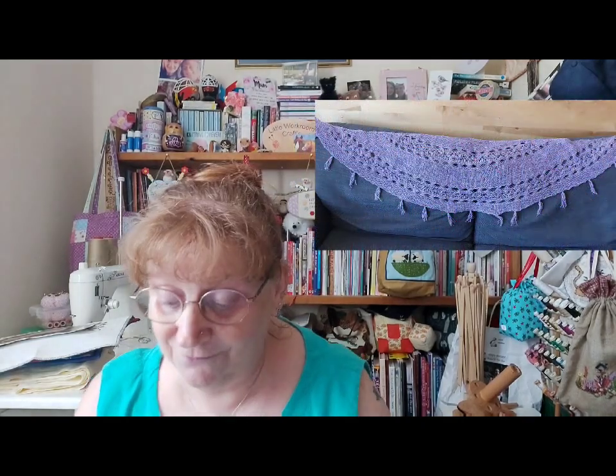Okay then, right. So now it is, what have you been up to? Okay, so first of all, the lovely Laura contacted me. Wow. All I can say is wow. I'm going to put the picture here. And believe it or not, this is Laura's first ever shawl. I can't believe it. I really can't. It is beautiful. It is the Lightweight Hipster by Hiku Locatelli, and the yarn is a